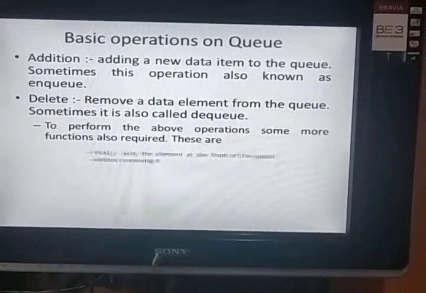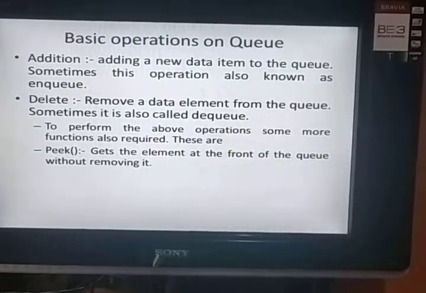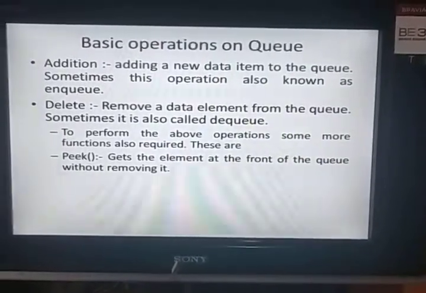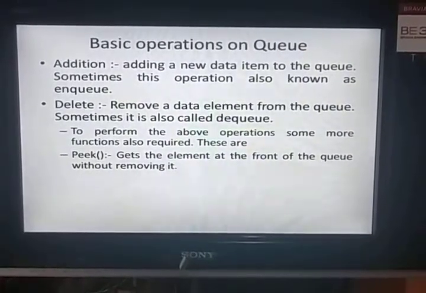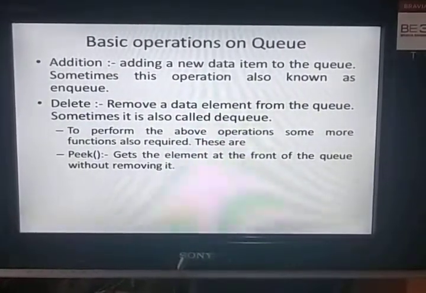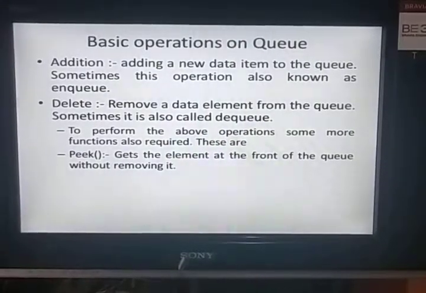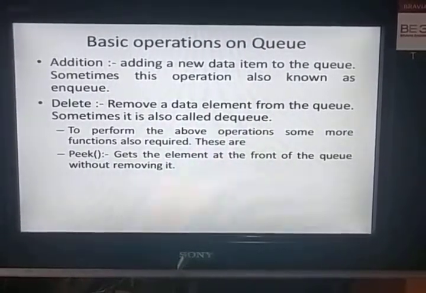To perform these above operations, some more functions are also required. These are peek. Peek means gets the element at the front of the queue without removing it.